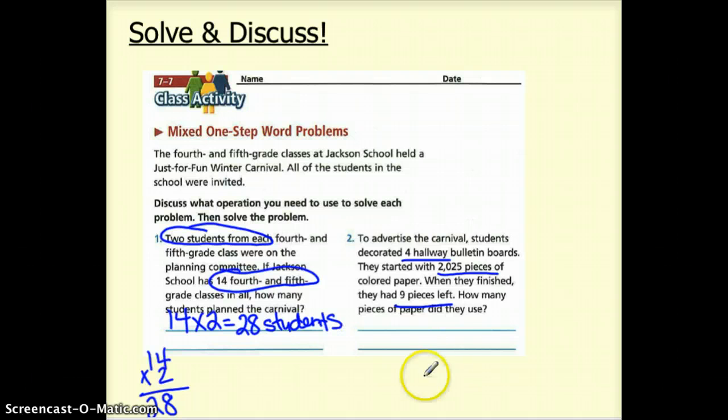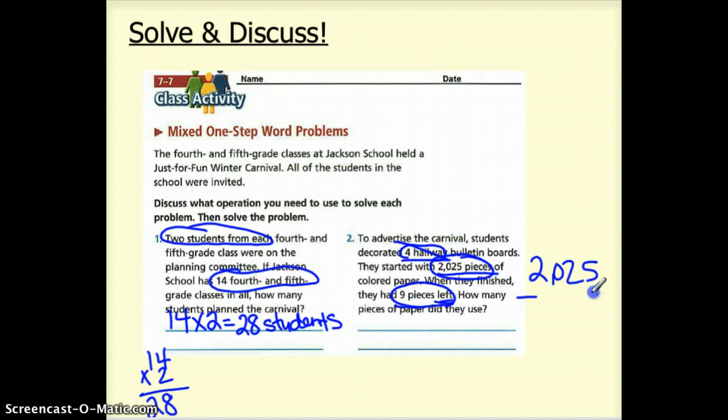Alright, well this one has some extra information. So the number of hallways doesn't really matter. We don't need to know that. But we want to know how many pieces of paper did they use if they had 9 left over. And this is how much they started with. So my keyword here is this, how many they had left, and so I'm going to do